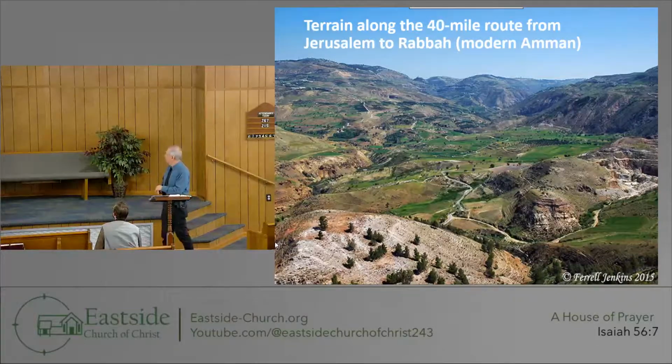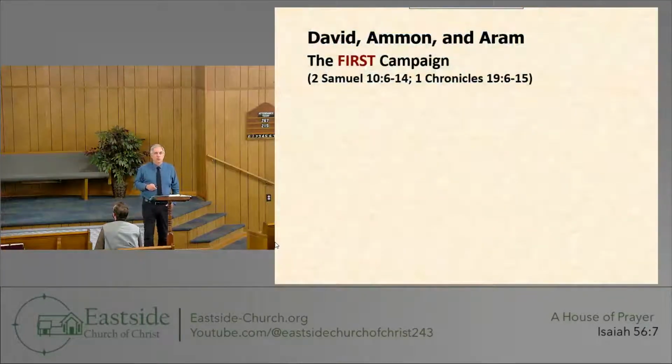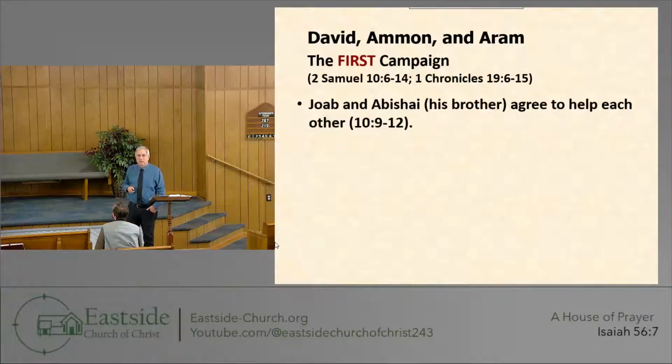So you can just imagine the troops of Israel being led up this valley, up to those mountains, and just on the far side of that mountain is where Ammon is. This would be the very territory that they would have traversed to get to the battle. So you have this first campaign. Joab and Abishai, his brother,